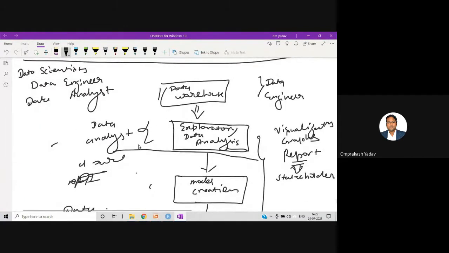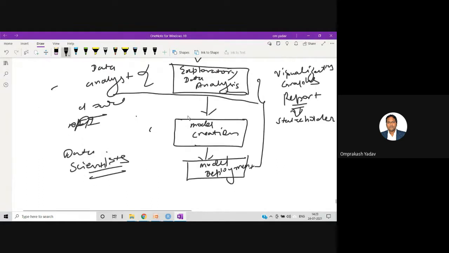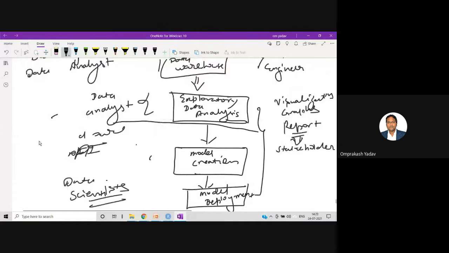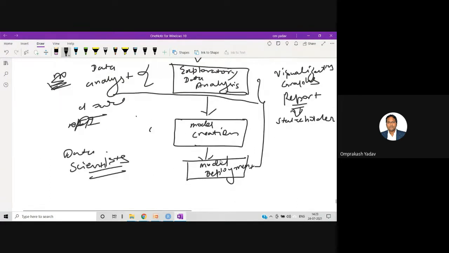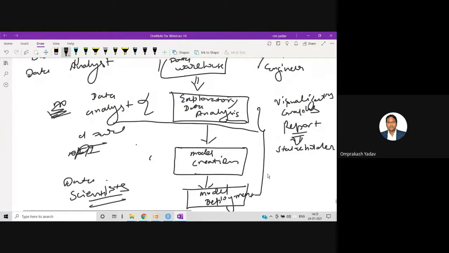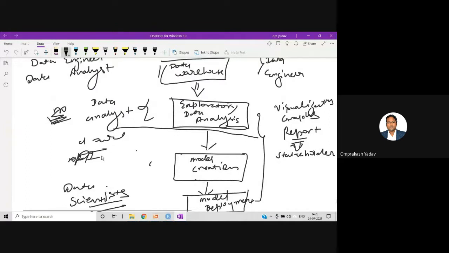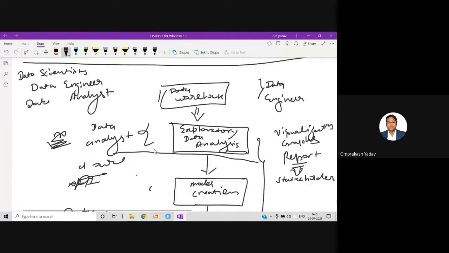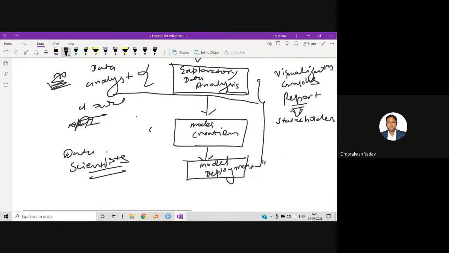But anyway, if any data analyst is there in any company and the company wants him to perform the job of all these things, definitely he cannot say no, right? He cannot say no. He will have to perform the job of a data scientist also. So if you are learning, you should learn the entire process of all these things, so that any task given to you, you should be able to perform that particular task.